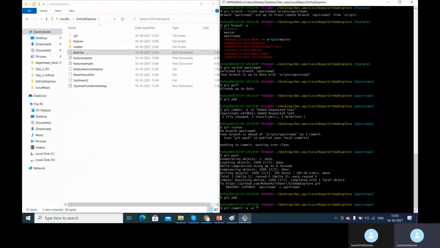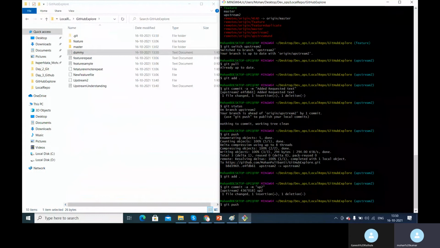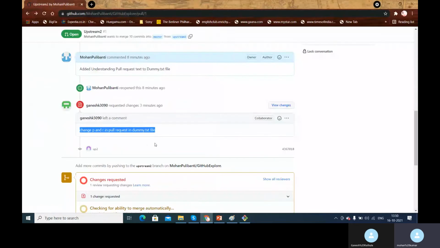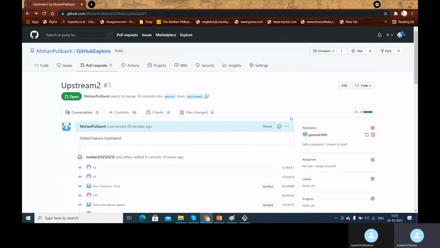And this is upstream branch 2, and once this is done, what I have to do with git is push this, because this is a change that has been implemented. So when I do a git push, it is pushed, so these changes will be there on the remote repository now. So if I go back to my repository again, go to your code again.